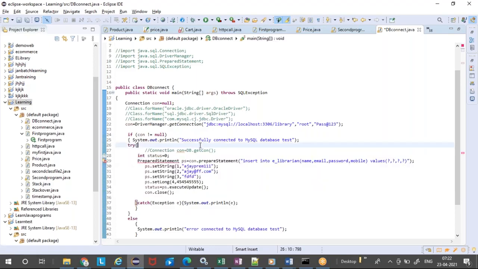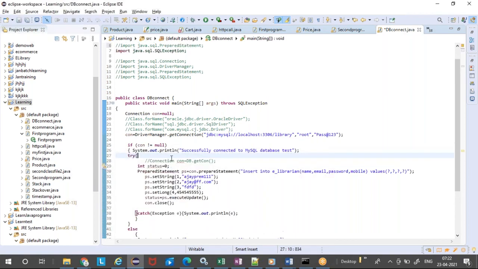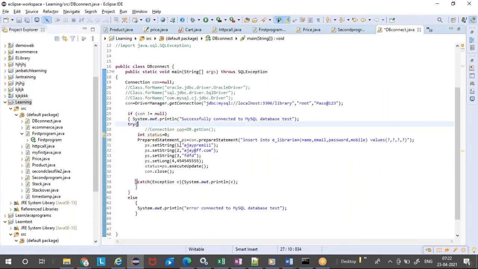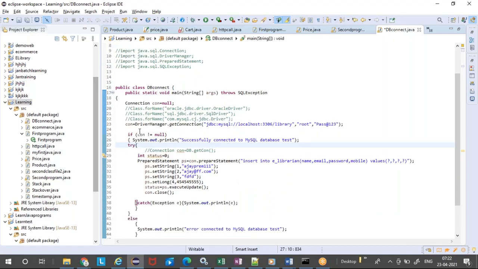Okay, but if you see, when I copy it, it's giving an error. Again I'll look for a suggestion. It will say import. Just give this. Okay, so it got imported now, and then it gets fixed. Okay, so that is how the basic steps are. One, include the jar file, and second, include the set of 3, 4 lines. That's it, right?